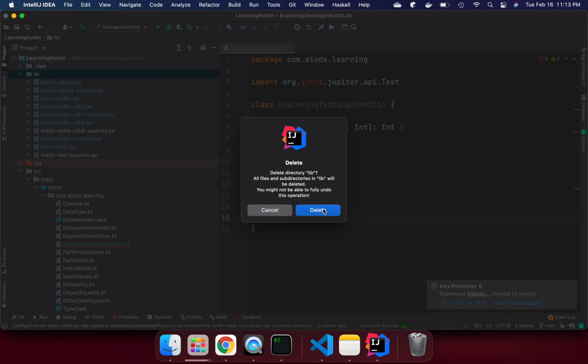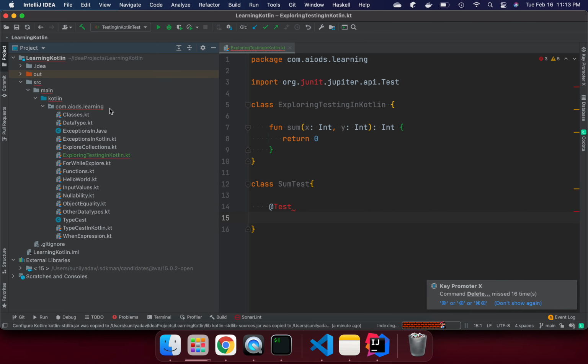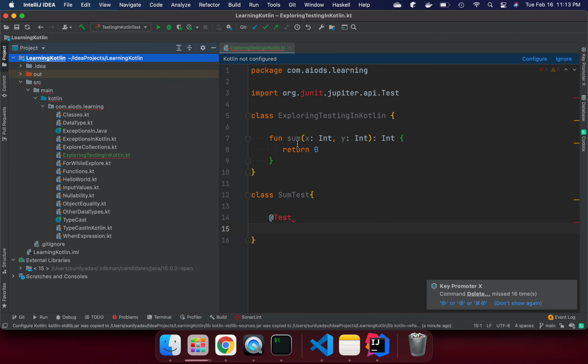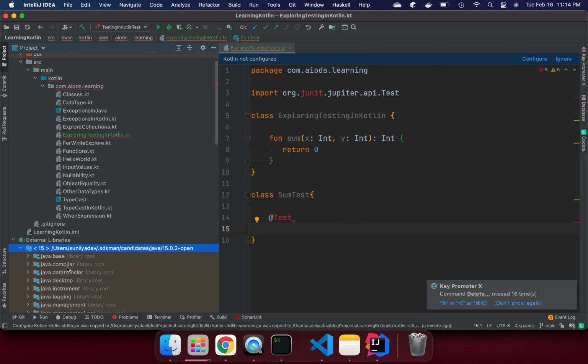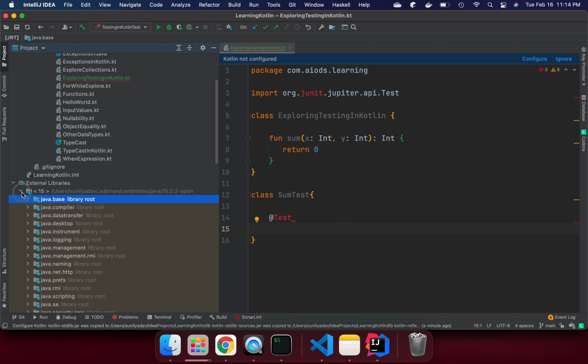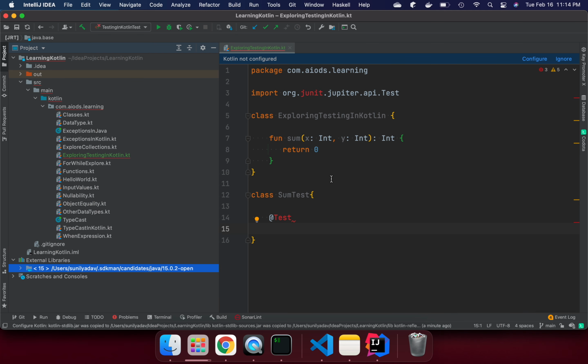Deleted this one as well. Now I think we should be good with this one. So we are now missing the JUnit library, as well as, let's configure Java, choose configure.